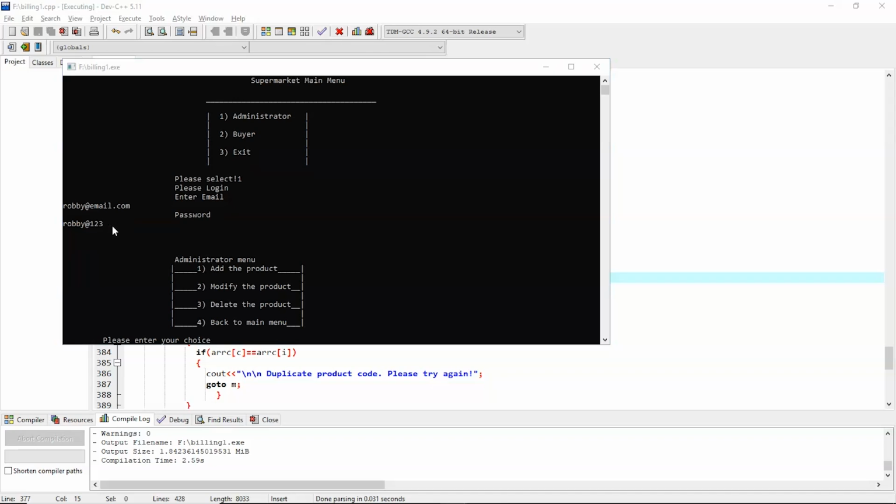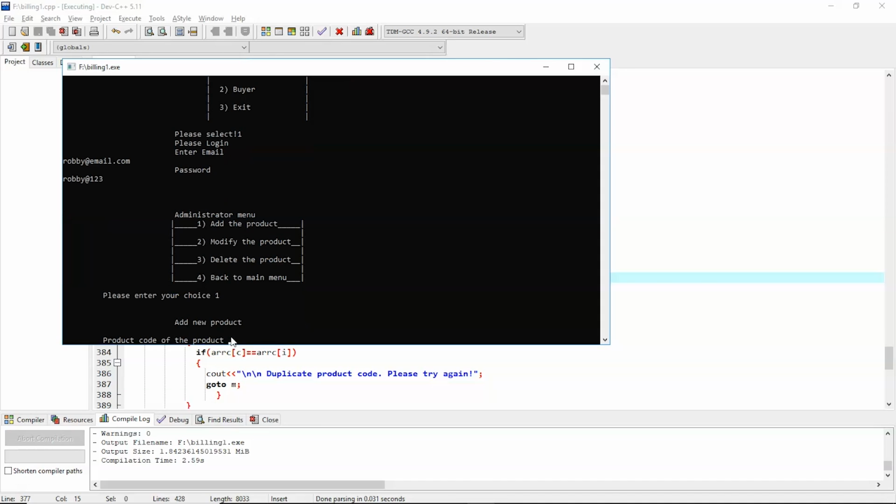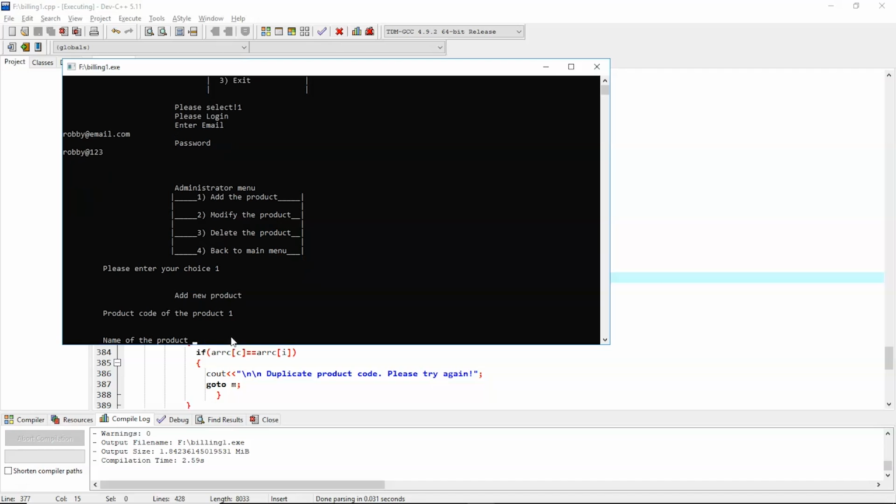As you can see, first is add product if you want to add a product, second to modify the product, 3 to delete the product, and 4 to go back to the main menu. So now I want to add a product, so I'll press 1 and enter. Add new product. Now I have to add the product code of the product. Let's say the code of the product is 1, name of product, let's say juice,